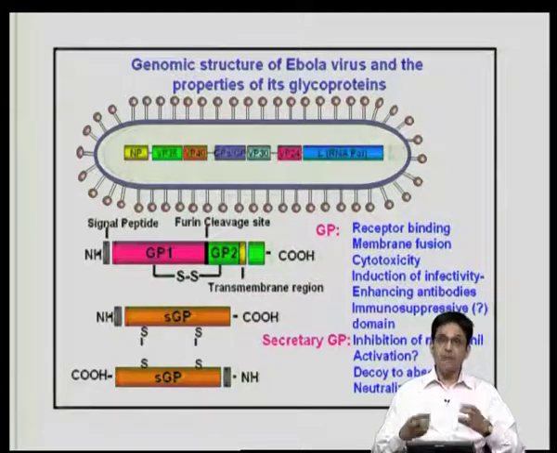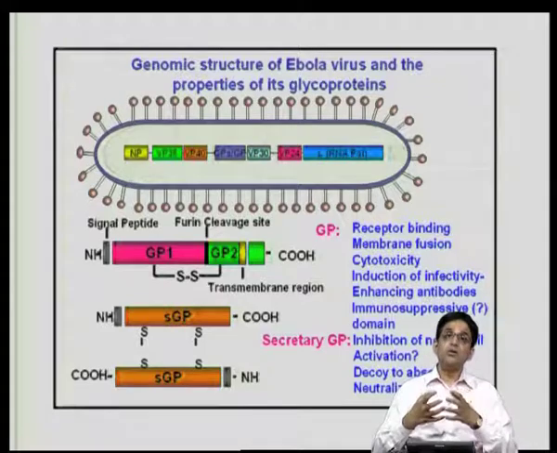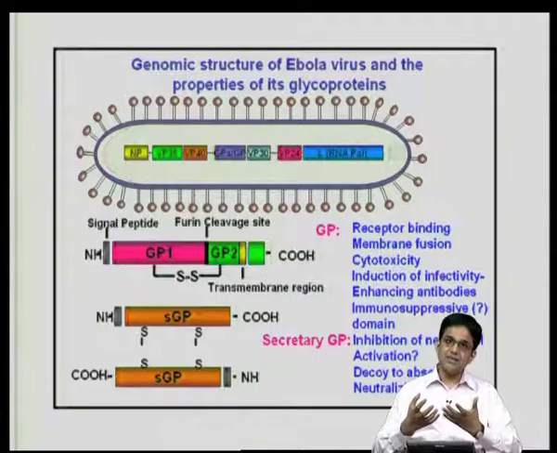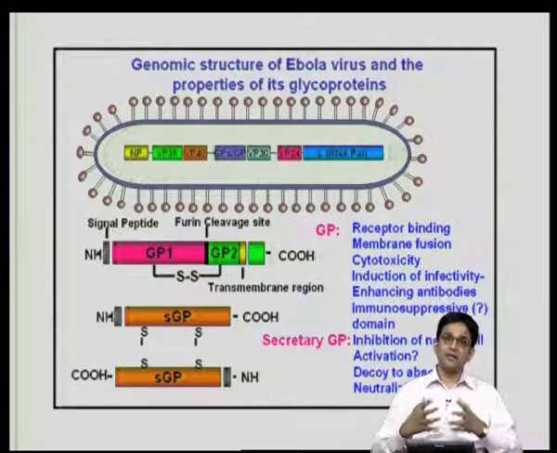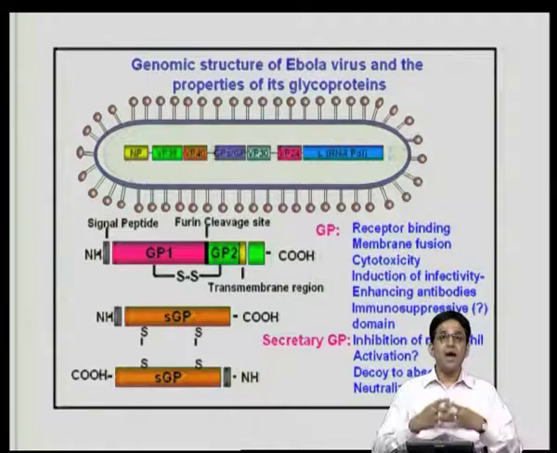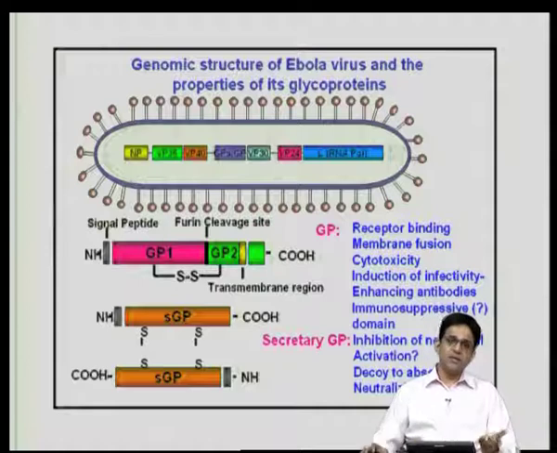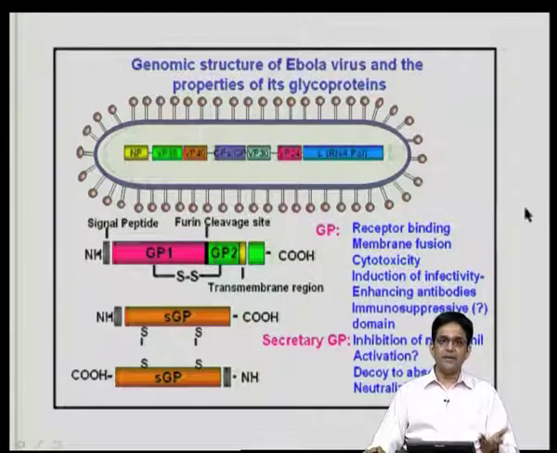So, if you understand these, maybe there could be ways by which you could reduce the susceptibility of the person who is more susceptible, and increase the chances of survival. So, it's very important in terms of research, and it has translational applications. Okay, so this is the structure of the Ebola virus. I think the whole idea is that it causes rapid cytotoxicity, as mentioned, a very high fever. There is a lot of bleeding, and